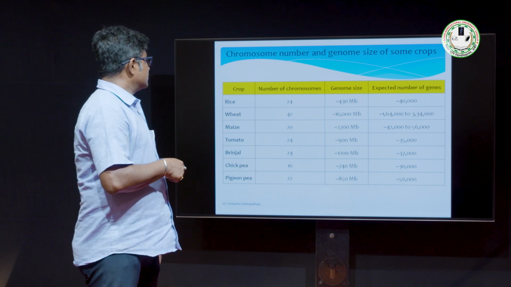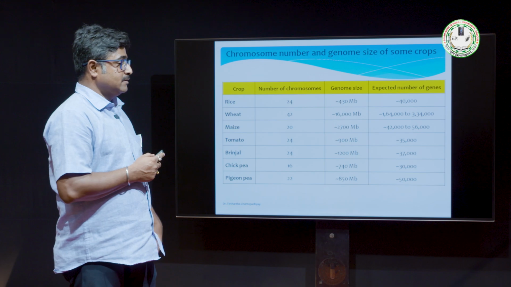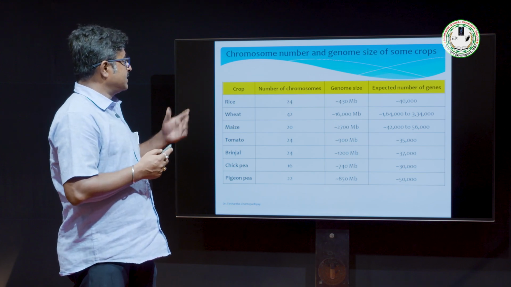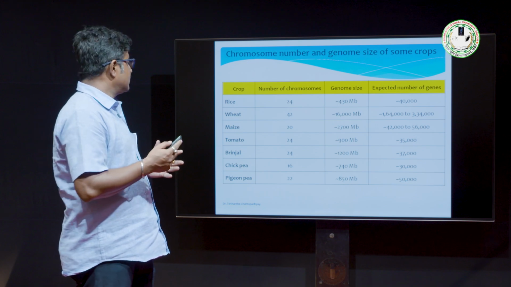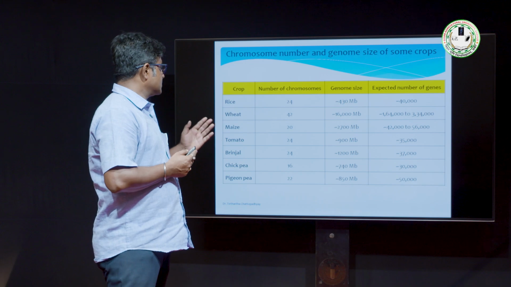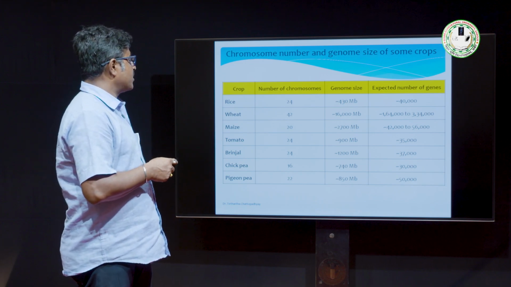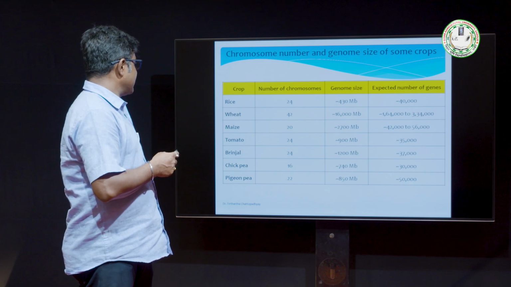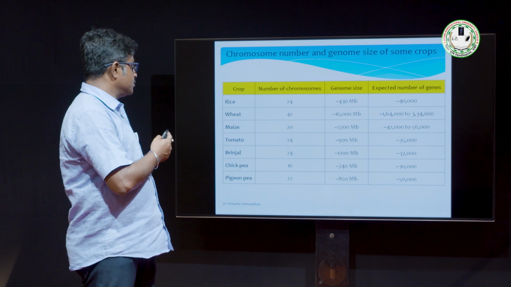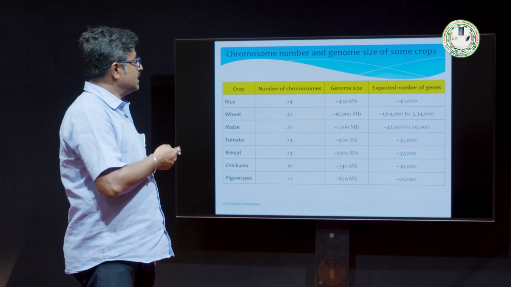So here I have shown some of the chromosome numbers and genome sizes of different crops. Here you can understand that the complexity of the genome, or the number of genes it is coding, and the amount of expected genes, is not a linear equation. For example, rice contains 24 chromosomes with a genome size of around 430 megabase, and the expected number of genes is around 40,000. But if you see here, the pigeon pea genome contains 22 chromosomes, but the genome size is almost double that of rice, around 850 MB, but coding for relatively fewer genes,